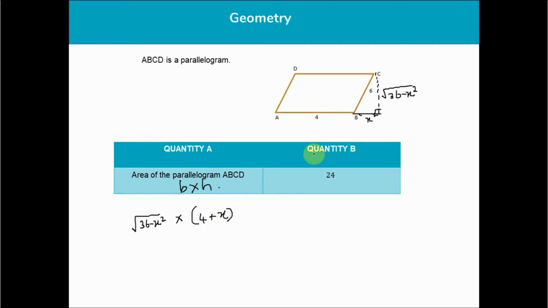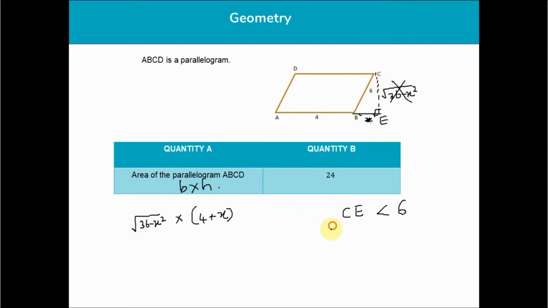Here comes the very basic rule that you need to apply in right angle triangles. Instead of x and all that, I'm not going to use any variables. I'm just going to use a simple fact that the hypotenuse of any right angle triangle is always the longest side. So this is the height of the parallelogram. Since the hypotenuse is the longest side, CE, the height of this parallelogram, is always less than the hypotenuse. Hypotenuse is BC for the right angle triangle BEC. So, CE is less than BC.